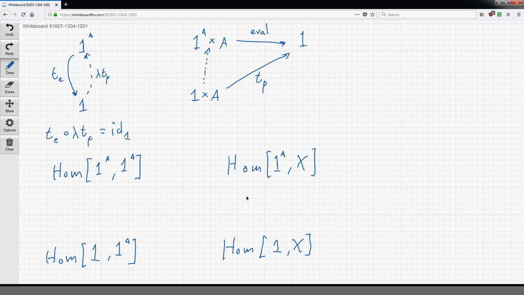Now, our definition of a representable functor is one that's isomorphic to a Hom functor. Now, these are both Hom functors, but we want to prove that h to the 1 is naturally isomorphic to h to the 1 to the a. And if we prove this, then from the fact that the Yoneda embedding is both full and faithful, we know that